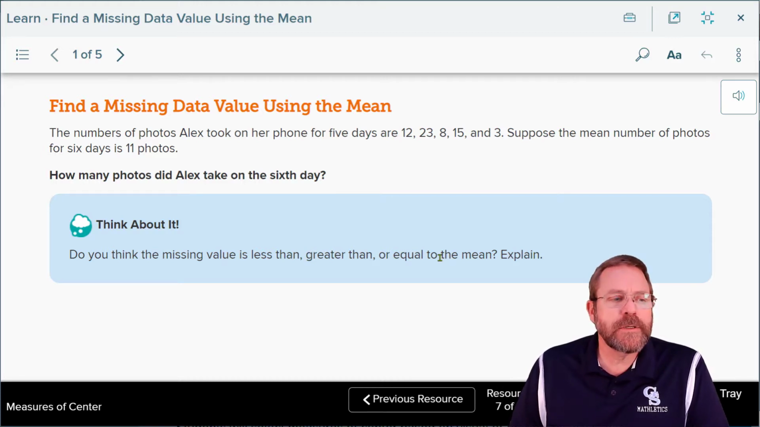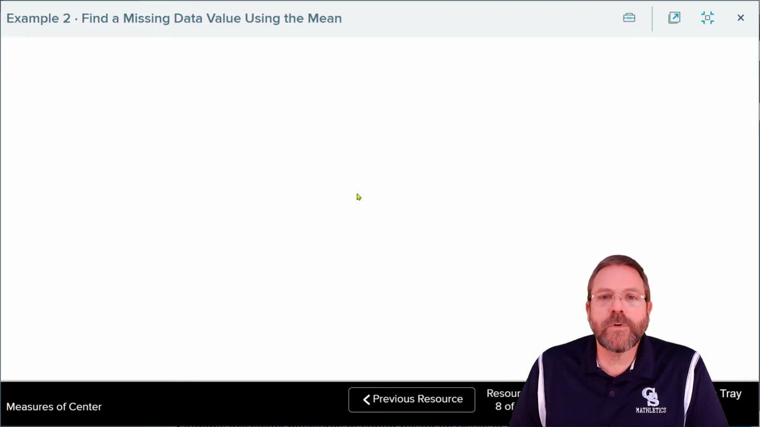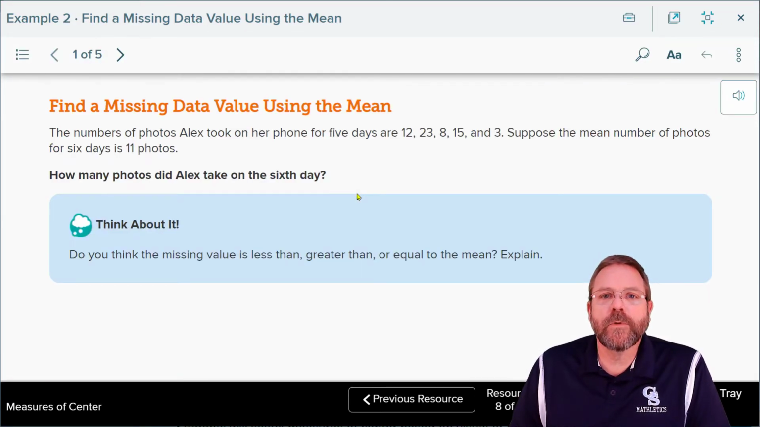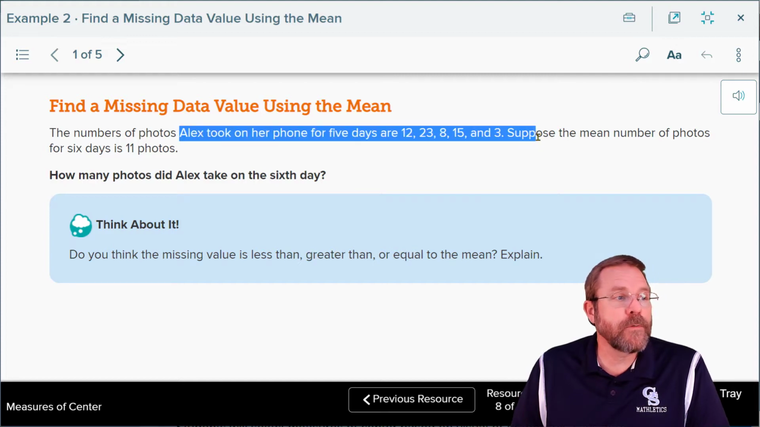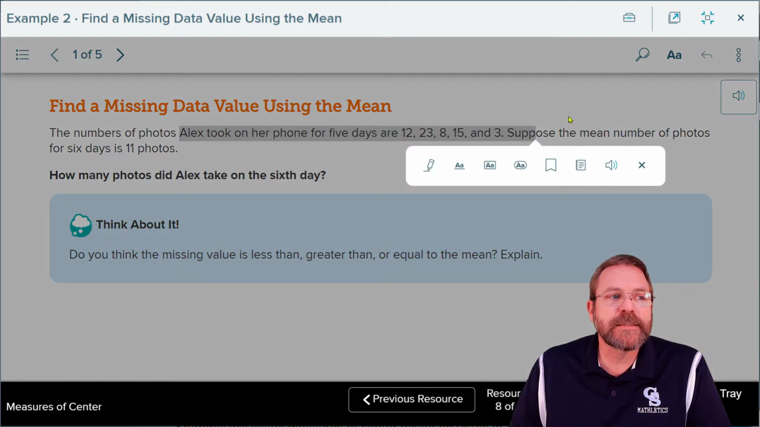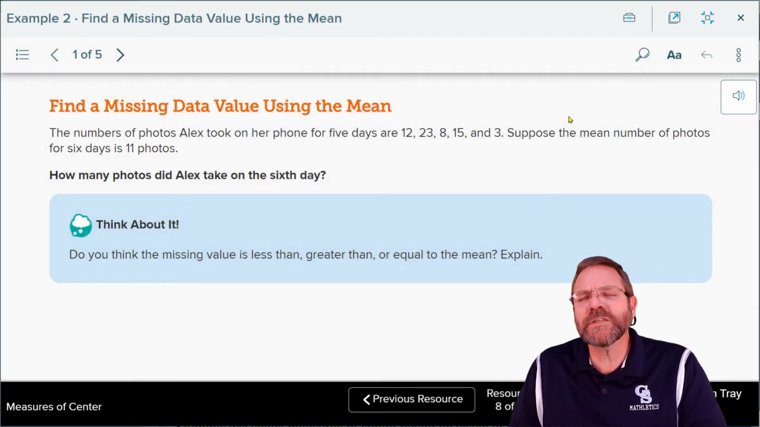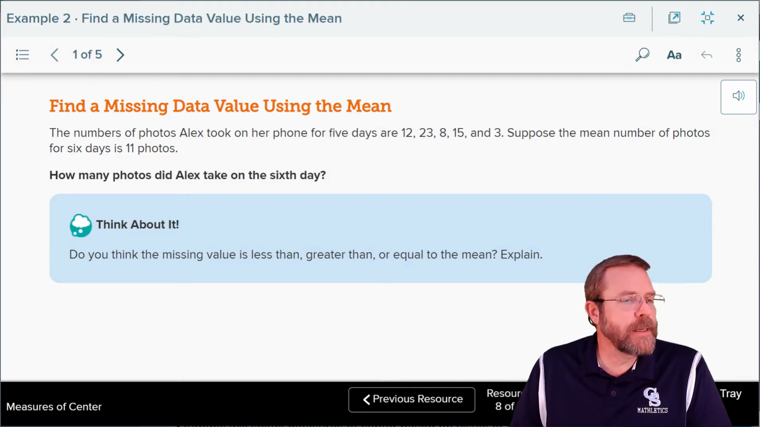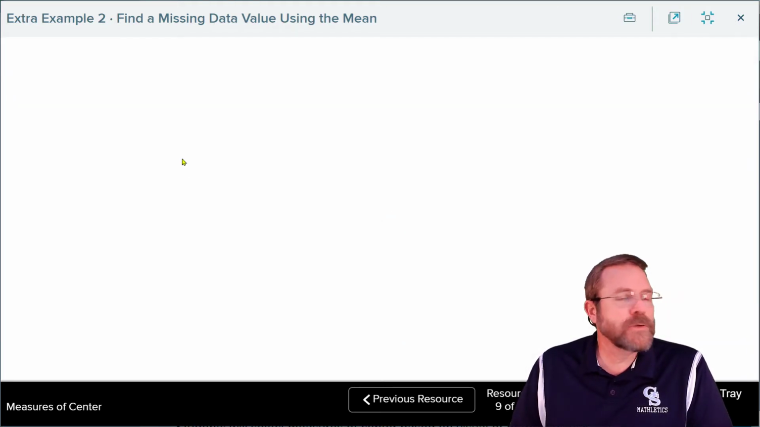My intention was for us to work together on Example 2 and then give you Extra Example 2 for your next assignment. But when I looked at Example 2, what does it say? Right there, Alex took his phone for pictures, for photos, whatever, 6 days. It's the same exact problem. And since that's the same exact problem, we're just going to skip it and go straight into Extra Example 2,